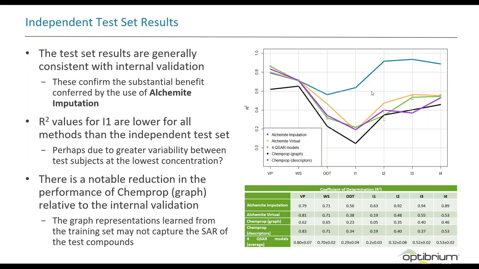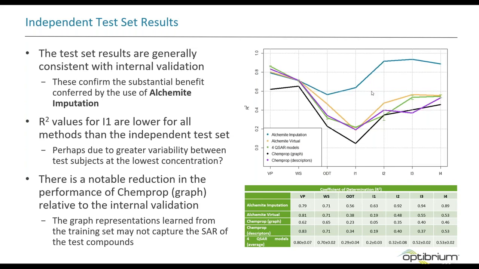It's interesting also to see that the QSAR method struggled most with the odor intensity I1, which is perhaps because of the high variability between the test subjects in detecting the odor at the lowest concentration. And so when such a subjective or highly variable endpoint can hardly be captured by conventional QSAR methods, the Alchemite method has shown substantial benefit in